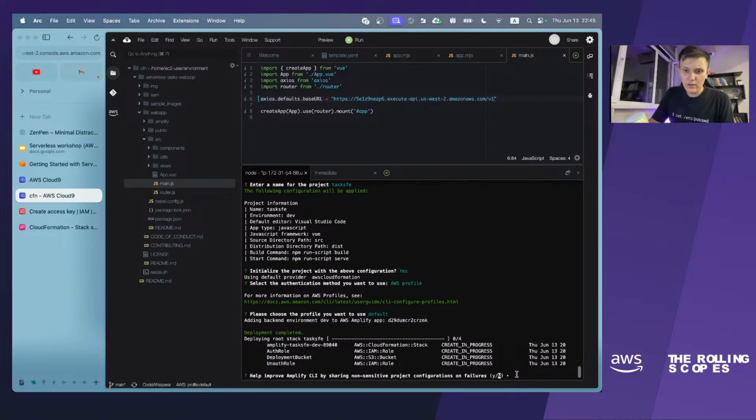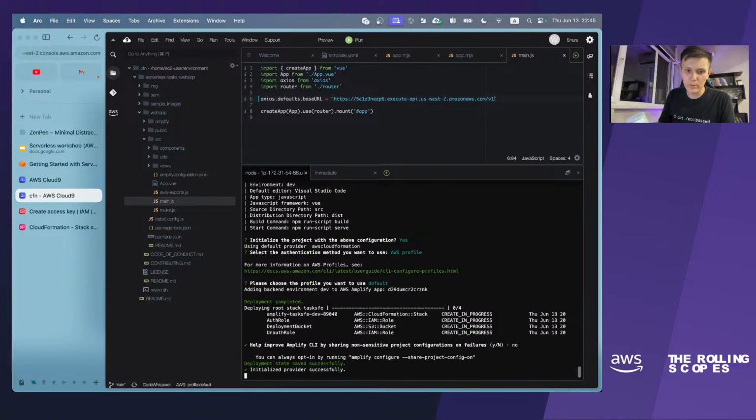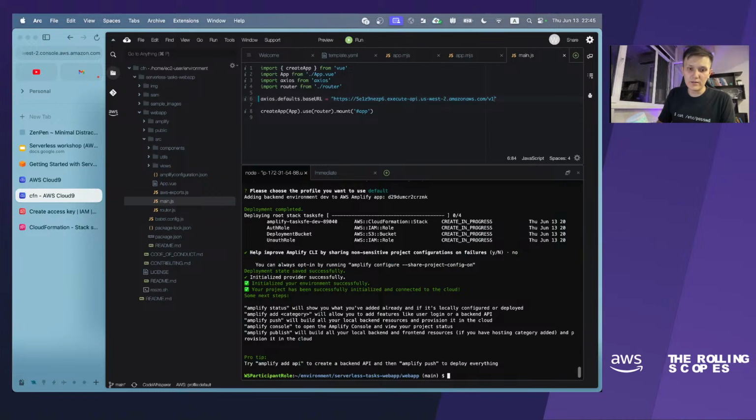And Amplify asks us if we want to share some configuration on failures. No, we won't. Okay, deployment state saved successfully. So right now Amplify has been initiated.